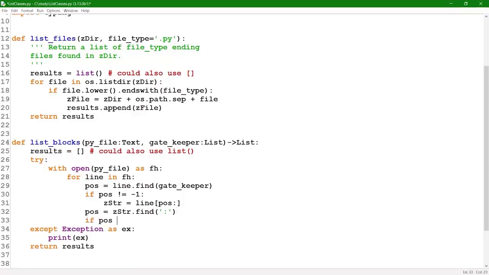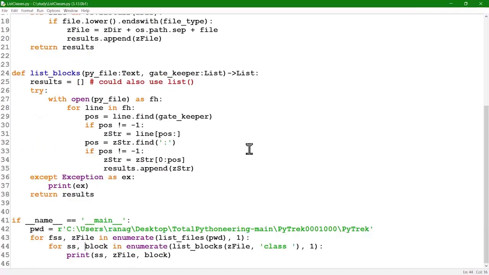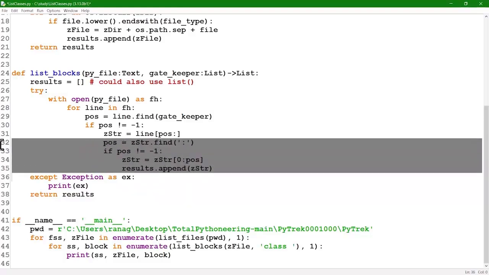And here again, if pos is not found, then we're going to want to do the same thing, only a little different. The str is going to equal the substring of itself from the 0th position to the pos. And since we're going to get the pos -1, in other words, we're going to get everything just before the colon. If we wanted to get the colon, of course, we'd simply add 1. But now, of course, we simply want the class definition, not anything more, before we actually collect our result into our results collection. So let's print our file